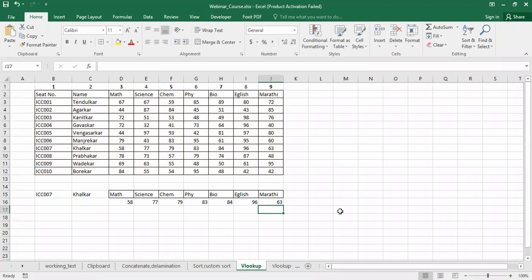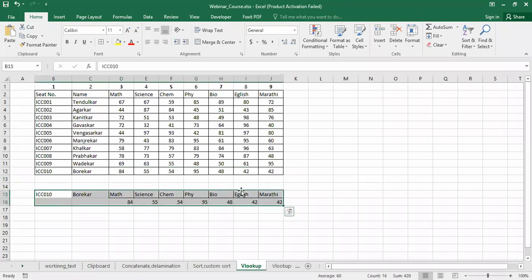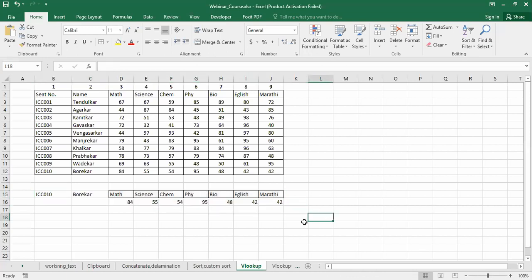Okay. Now let us check what happens if I change this number from say 7 to 10. Okay. 7 to 10. We can see the name has also been changed and this particular data is now fetched over here. So it is not necessary that this particular command should be used on the same sheet. We can use this particular command anywhere, in any other sheet, any other file also. You can give the reference of this particular file and you can fetch the data from anywhere. So this is very useful for managing the data, for analyzing the data. Okay, so this is the use of the VLOOKUP command.